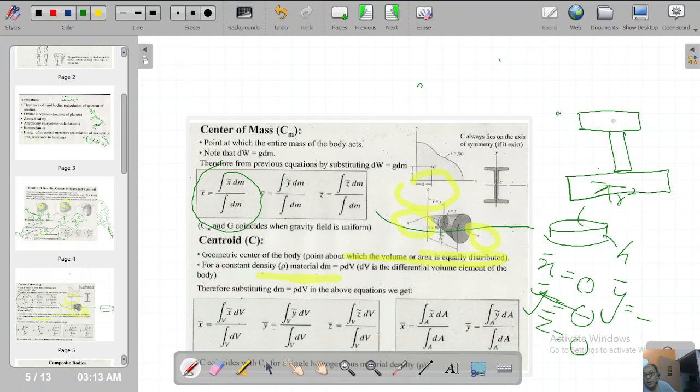So if you look at this structure, it will have its centroid. It's not symmetric about the